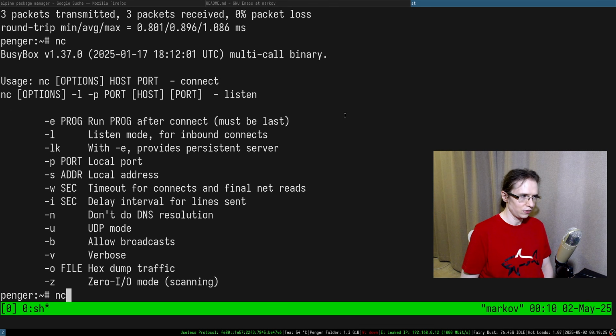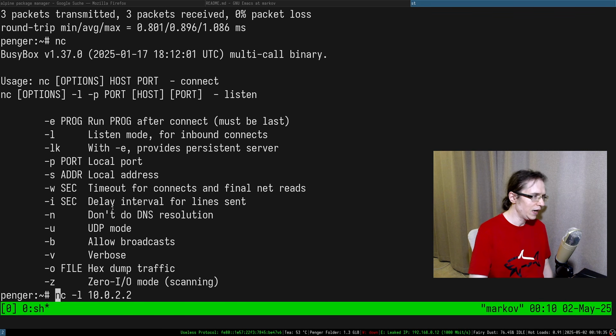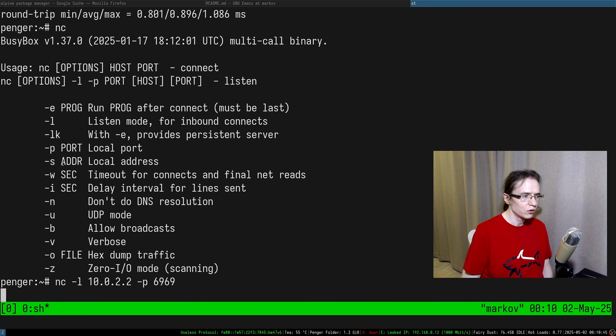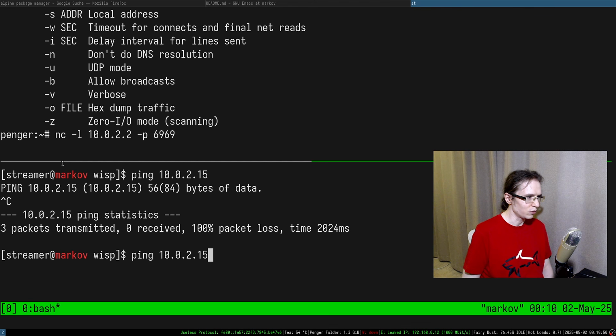I do have NC, and can I NC listen? So if I do port, I'm pretty sure I have to use the port somewhere here. So port 6969, right? And then in here, can I ping this thing? It's not particularly pingable, but I thought maybe I can access this kind of stuff.